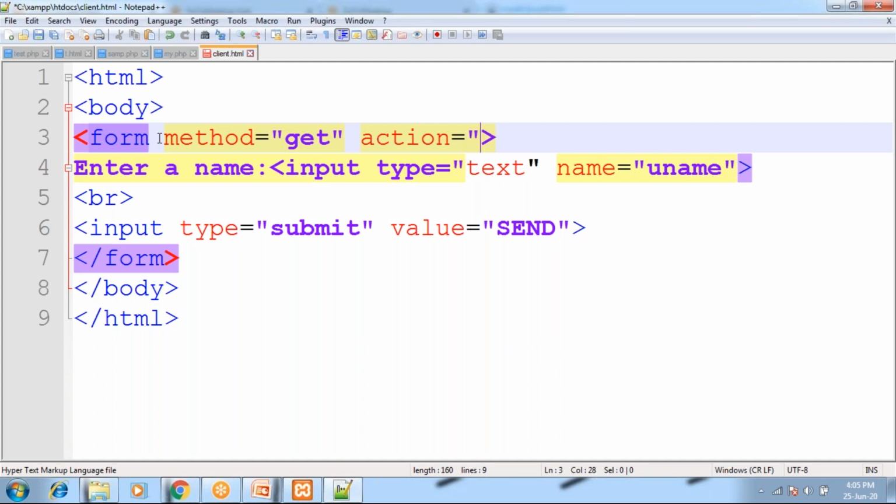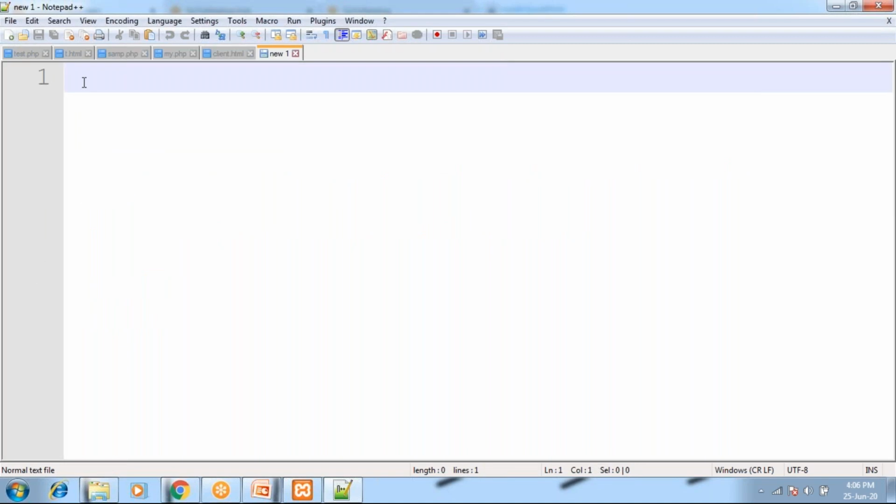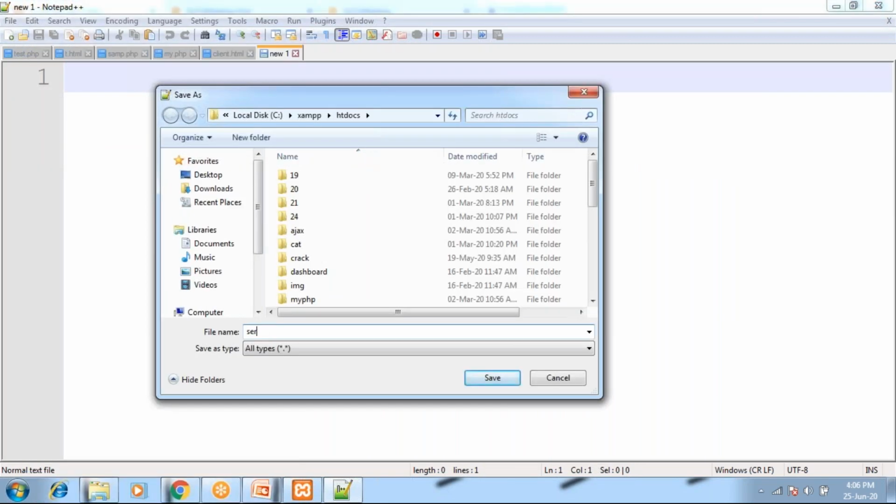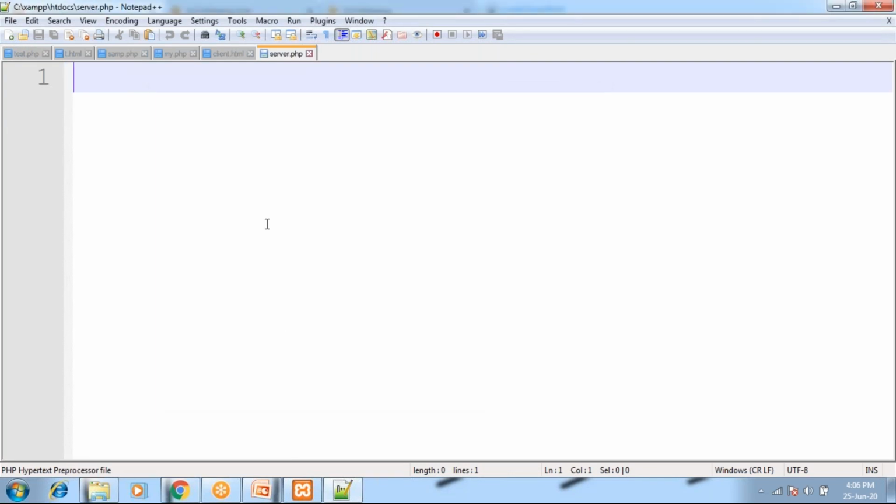Our request should execute a server side PHP script, right? And for this, I'm going to design a PHP program with the name server.php. We haven't designed it yet, we'll design it. So we'll see how the script server.php runs. And now we'll design our server.php. Server.php, my program name is